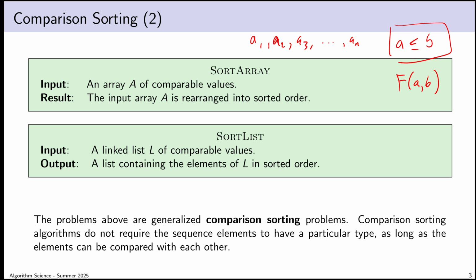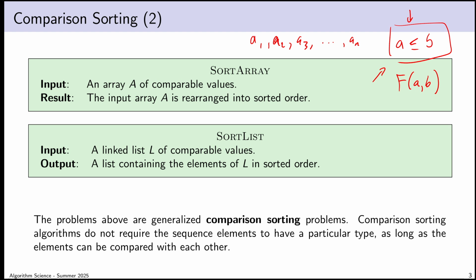I give you some way of comparing two elements in the sequence, and that is all you are allowed to use to understand the ordering of things in the sequence. And that's the model of comparison sorting. So you know nothing about the type of your data except what is exposed by this operation that you were also provided from outside. So if you're the sorting algorithm, it's none of your business exactly how this operation works,